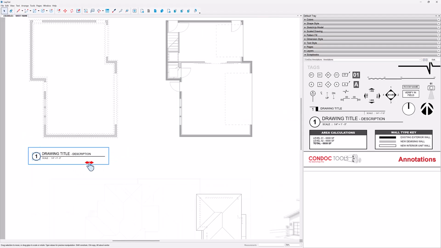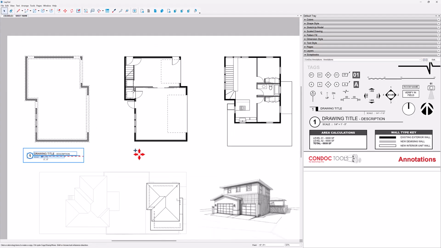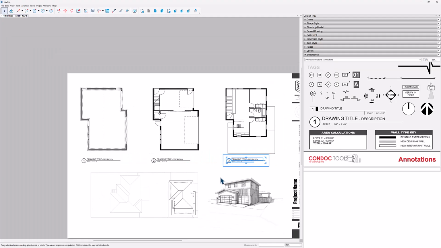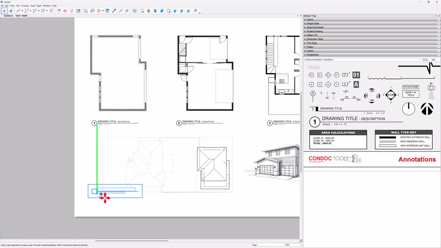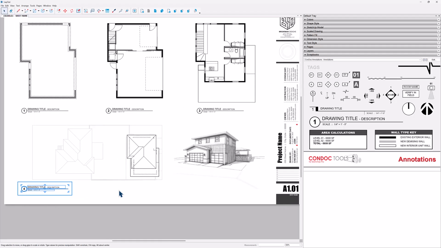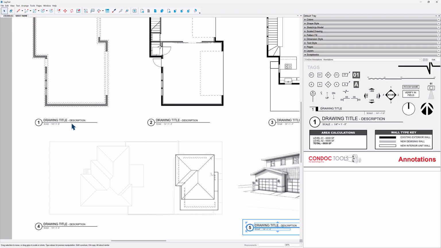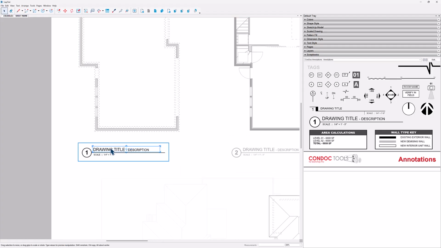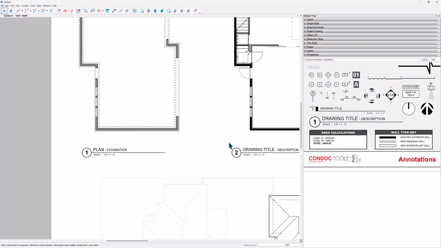I'm going to renumber the sequence, and then I'm just going to make a copy. And we'll do 1 copy there and 1 copy there. All right, and then we'll make a copy down like this. There's 4, and we could call that 5. And so let's call this, what I often do is just say plan, and then give it a description of foundation. Like that, and then we'll do